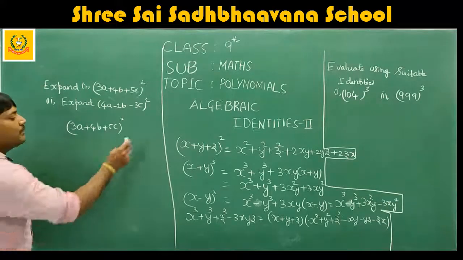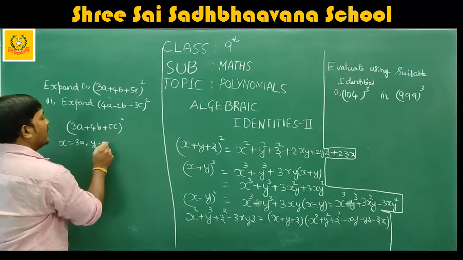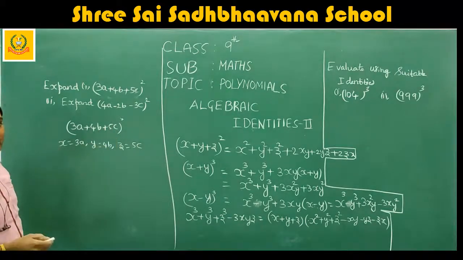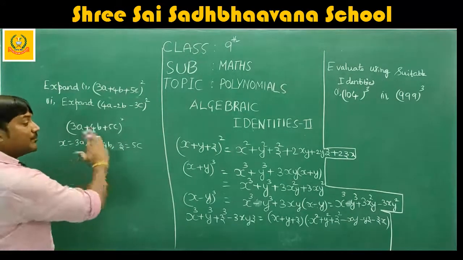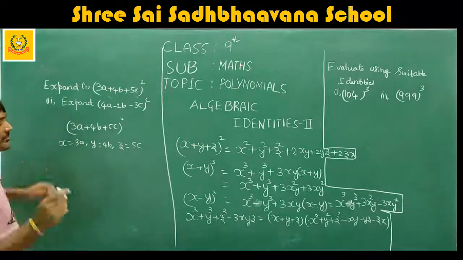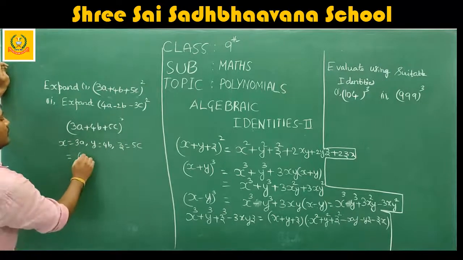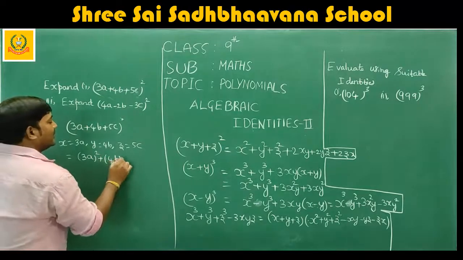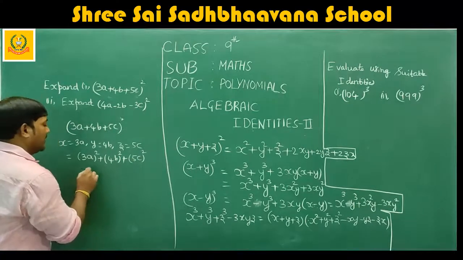It's very simple. Just compare this with the identity (x plus y plus z) whole square. In the place of x we have 3a, in the place of y we have 4b, and in the place of z we have 5c. So x is equal to 3a, y is equal to 4b, and z is equal to 5c. We compared and got the x, y, z values. Just expand, that's all. So what is the formula? x square, so (3a) whole square, plus y square, (4b) whole square, plus z square, (5c) whole square, plus